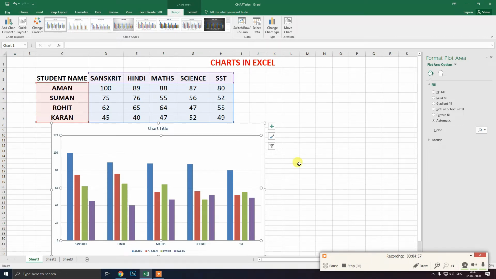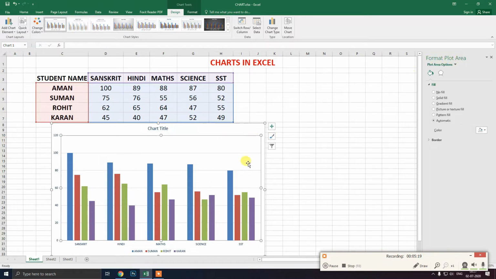Now suppose you do not want to double click all the time again and again, so for that I am telling you one shortcut. Suppose I have double clicked in the chart area, then I will get this dialog box. Here you can see format chart area is written. Now if you want to format the plot area, then no need to double click, just single click on the plot area. See, this name will change to format plot area.